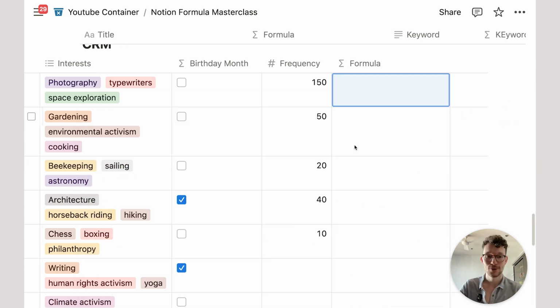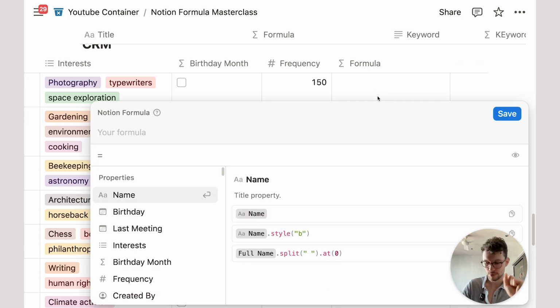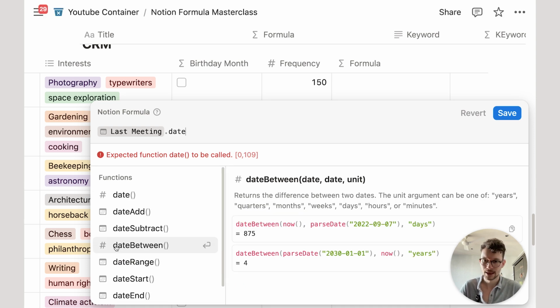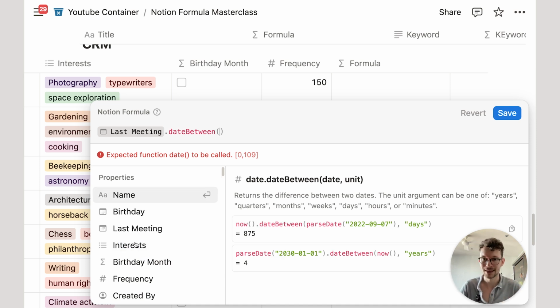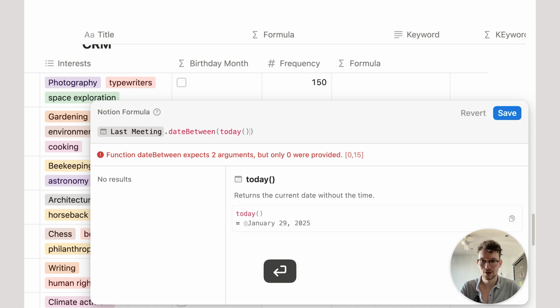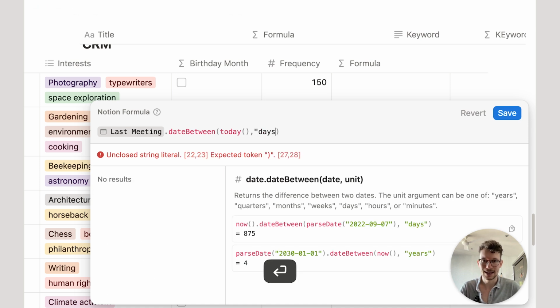Last operator that you need to know about is date between. We mentioned it earlier already, but it's basically how you can compare two dates and figure out how much time has passed between them. So let's say we want to see how long it has been since we last met with that person. So let's get our last meeting, and then let's say date between. As you can see, date between takes 2 dates, and again, the unit. So you want the time passed in days, or in minutes, and so on. So I say date between last meeting and today, and I want this in days, and then I can close it off,